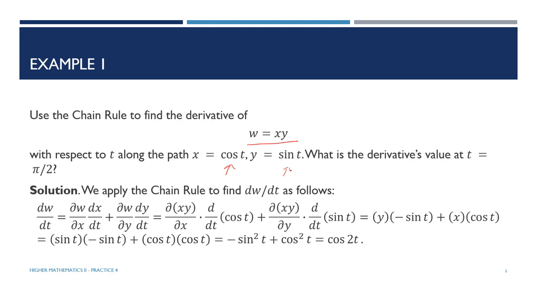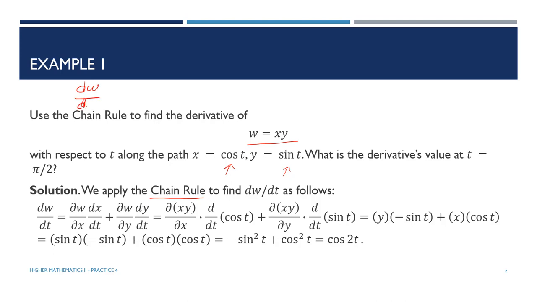So how to calculate the derivative? There are two ways to calculate this. The first one is just to calculate this derivative using the chain rule, and the second one is to calculate the derivative by replacing x and y with the independent variable, which is cosine t and sine t. But we are learning the chain rule, so it's better to use this one, dw/dt. We have to calculate this one,